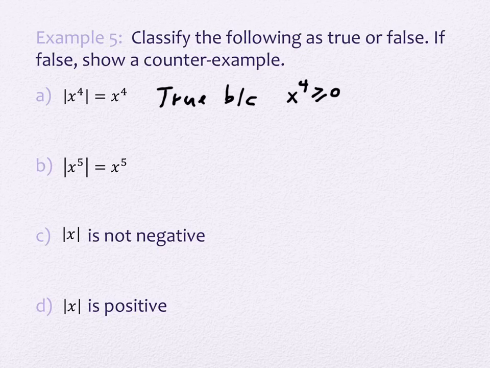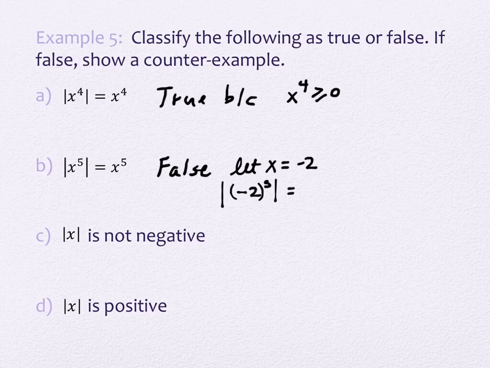But what happens on part B? It is false. And it's false because of the exact same reason, actually. It's because it's not always a positive number. So let's give an example of one where it doesn't work. That is to say, let x equal something. What would you like to let x equal? -2 should work. So if I take -2 to the fifth,